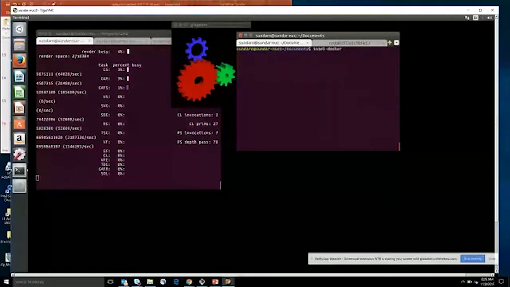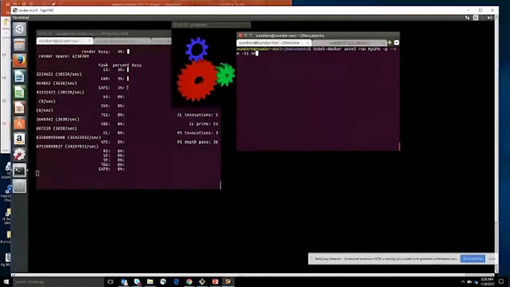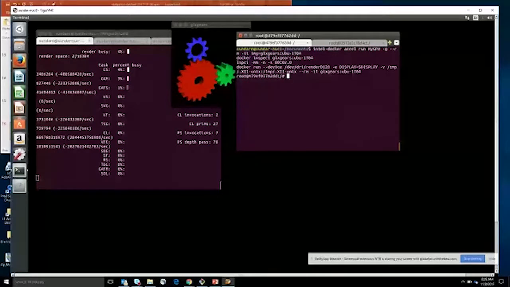host as well. So let me do docker run with my GPU, -g --rm -it, and then I have to specify the image, which is GLX gears Ubuntu 17.04, and I'm running this, and I could launch another instance of GLX gears, and you can see that the GPU